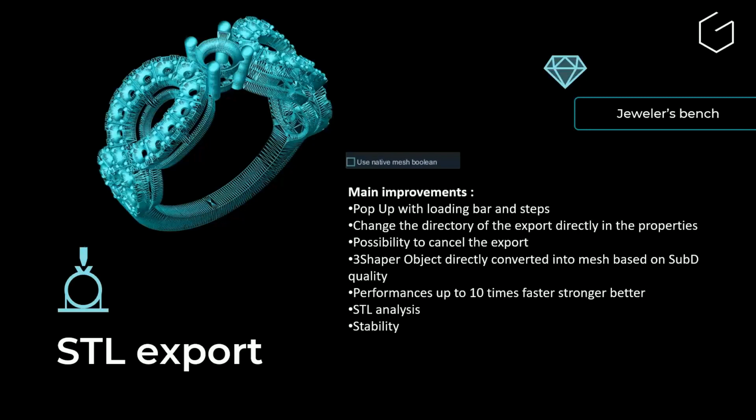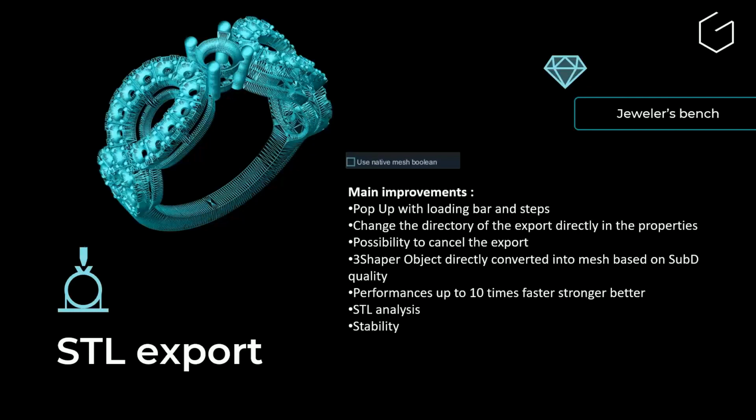Okay, so that one is one of the best improvements we have in V11, because we know that yes, you can do crazy things in 3DESIGN, shaper objects, high jewelry creations, etc. But the finality will be to export your project into STL. And if the STL is poor quality, not enough analyzed, with problems, etc., you know that at the end you will have problems with the printing. So we want to be sure that